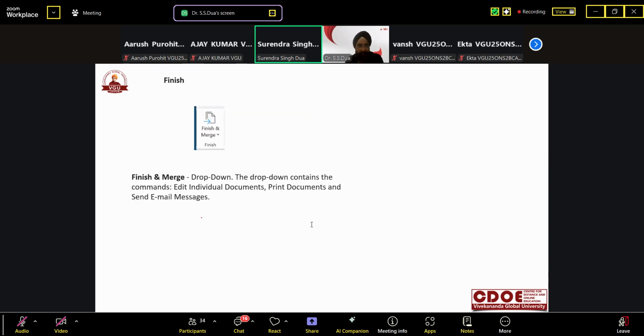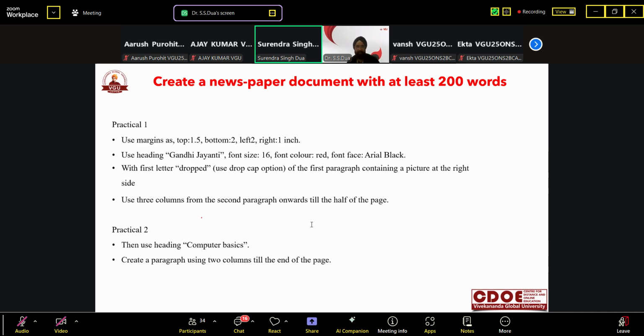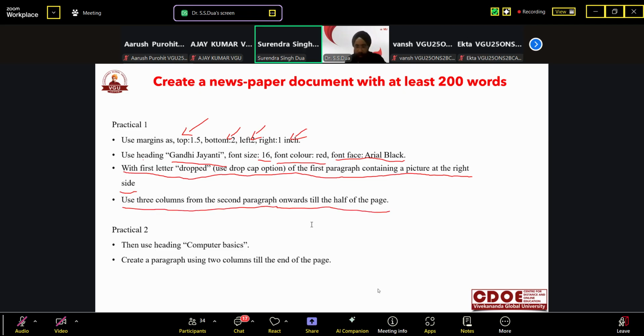Okay, so it is our first practical. Now in the second practical, we create a newspaper document of at least 200 words. It is our second practical. This practical also has two parts, first and second. Top margin is 1.5, bottom is 2, left is 2, right is 1. Having some text, the headline is Gandhi Jayanti. Font size is 16. Font color is red. Font face is Arial Black. First letter dropped of the paragraph containing the picture at the right side, and use three columns from the second paragraph. So I will share